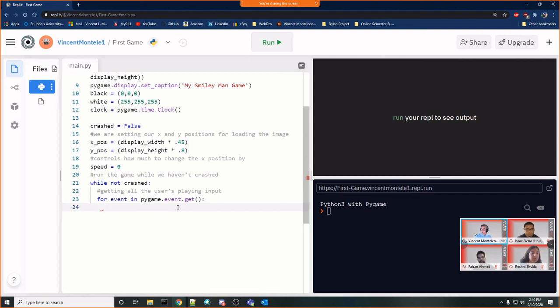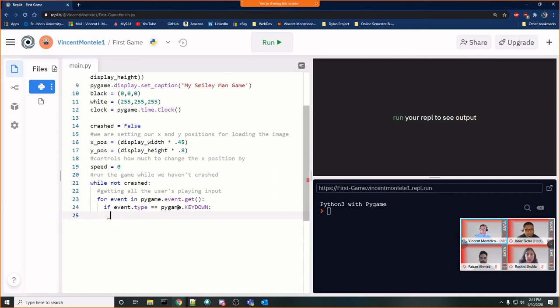We'll set up by saying if event.type, so what type of event is it? If the event.type is equal to pygame.KEYDOWN, if they press the down key, so that would be your arrows on your keyboard.